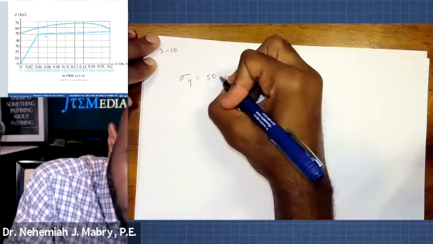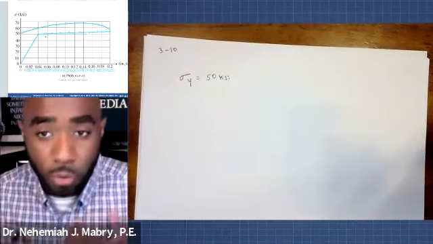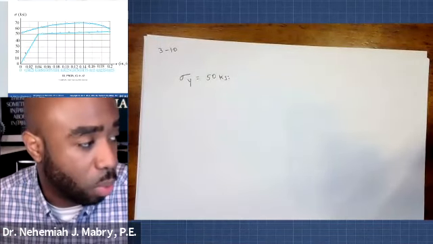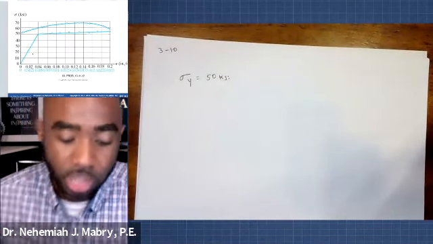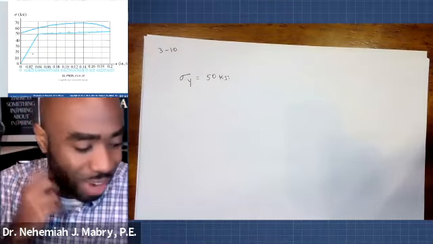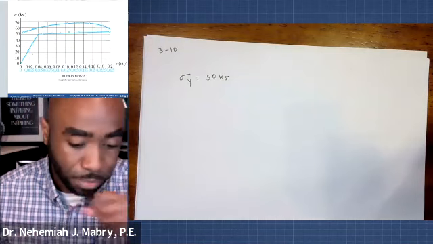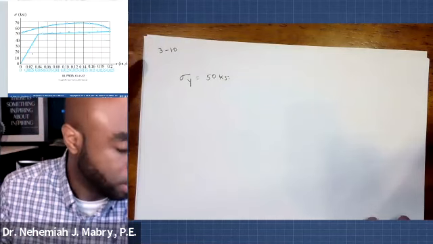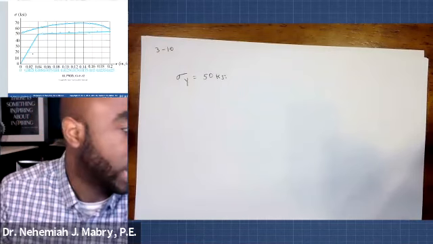All right, I need you all to write that. That's helpful because now we can establish when we are no longer in the elastic region. So every stress value beyond 50 KSI is not elastic, right? So that's not going to be our elastic modulus. Now, what we can start off by doing is also recognizing